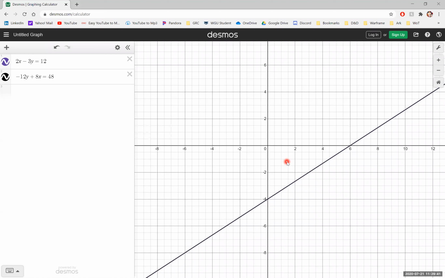Now we could be asked on the homework or we could be asked on the test, again, determine the solution to the system of equations graphically. So you might need to graph these things and then determine that point of where these two graphs are going to intersect one another. And just like we saw with our examples, it could be any of those 3 options. It could be they intersect at one spot, they intersect at an infinite number of spots, or they intersect at no spots. And all 3 are potentially on the table. There's nothing wrong with any of those 3 answers.